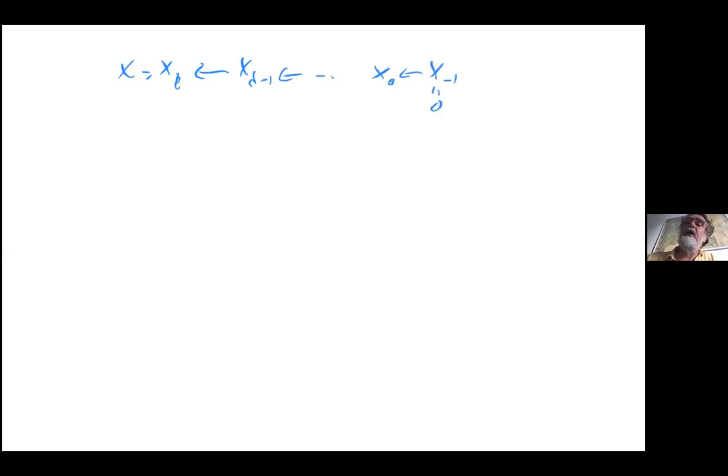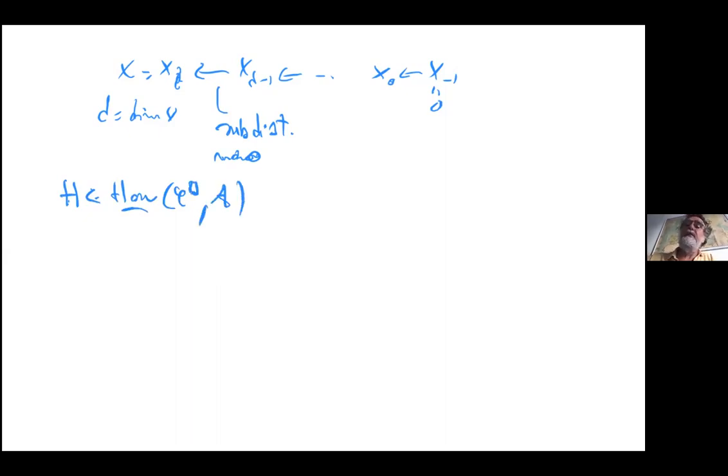So we have an initial object, and some d, the dimension of x, and a filtration by these distinguished monomorphisms. Then any H, which is a relative homology with values in A, if the category has such a structure and A is Grothendieck,